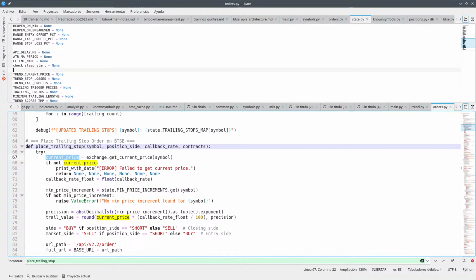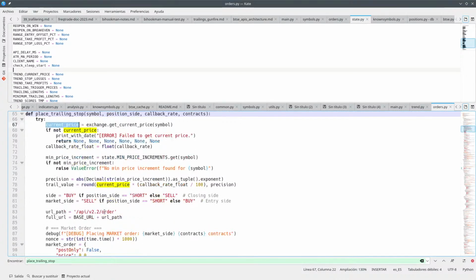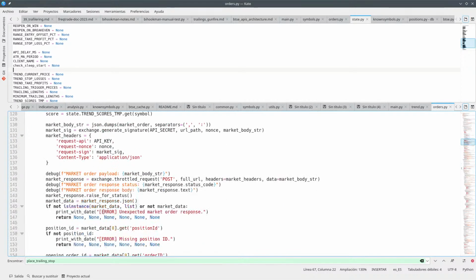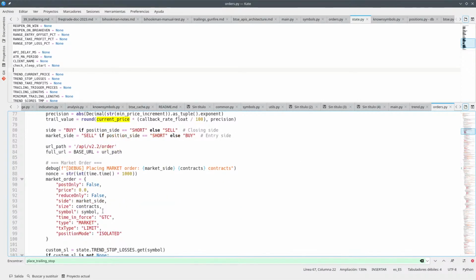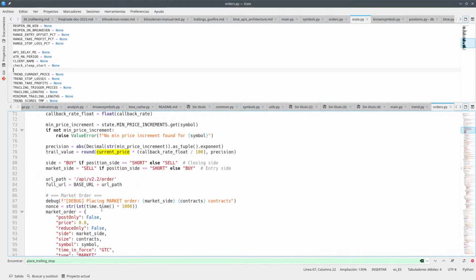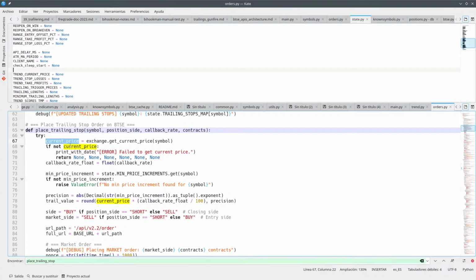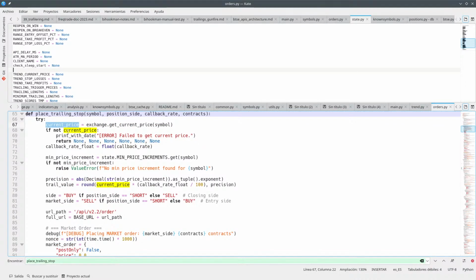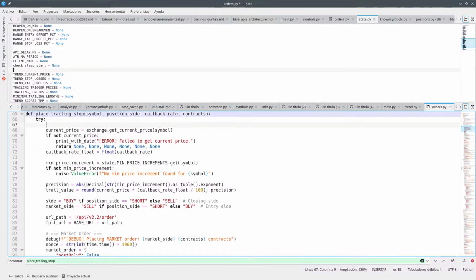Oh my god. And this is going to be interesting. So what I actually want to do in here is, in addition to getting the current price, in order to make all of these trailing stop things that we have here, which I'm not sure I'm going to be using in the long term, what I actually want to be using is